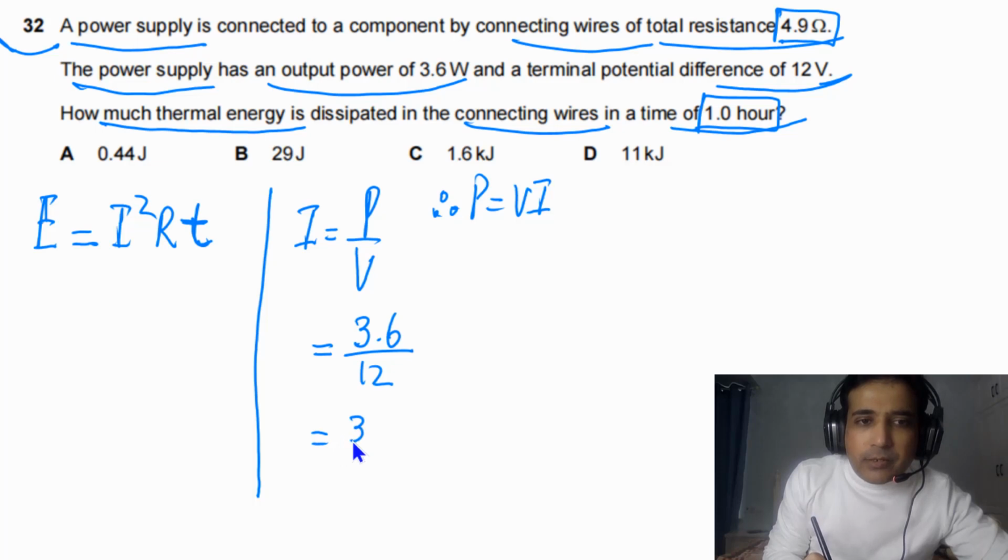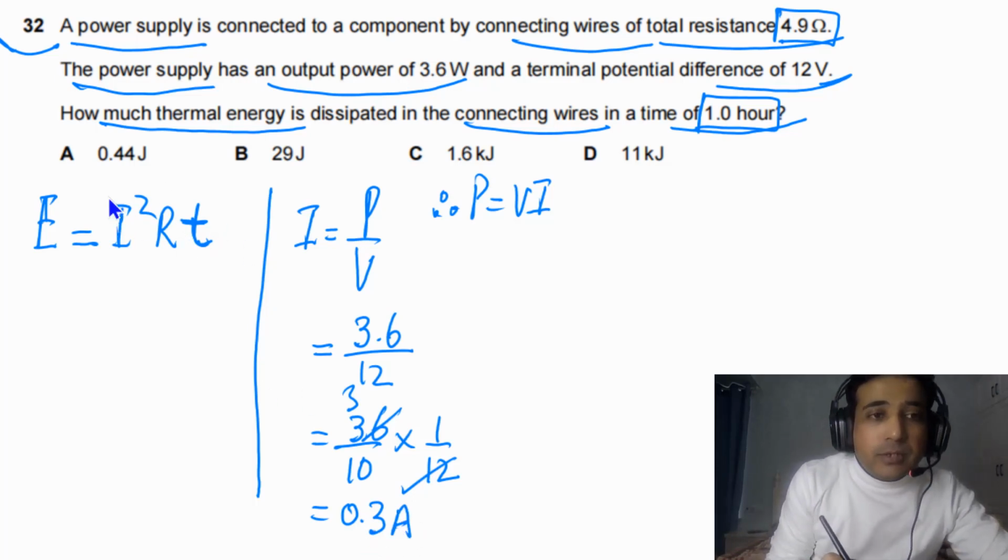So we will get in this case 36 divided by 10, and this is divided by 12. So if we solve this one, we will get 3 here. So our final answer will be 0.3 amps, and this current we can use now, and we can calculate the value